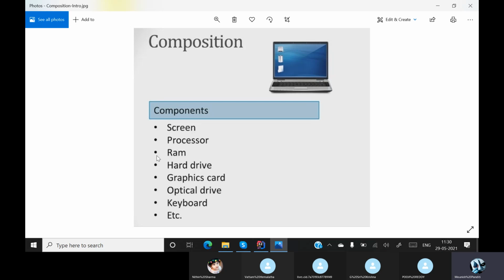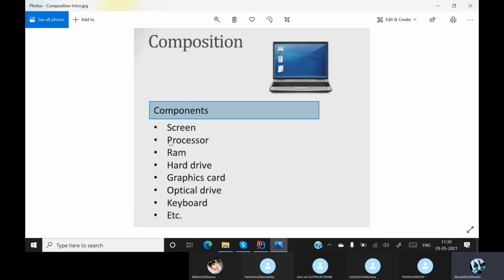Now inside a laptop these are all the common components. What is the screen size? I can say my laptop screen size is 14-inch. So it is not a complex one, it is a regular component which has a screen size of 14-inch.